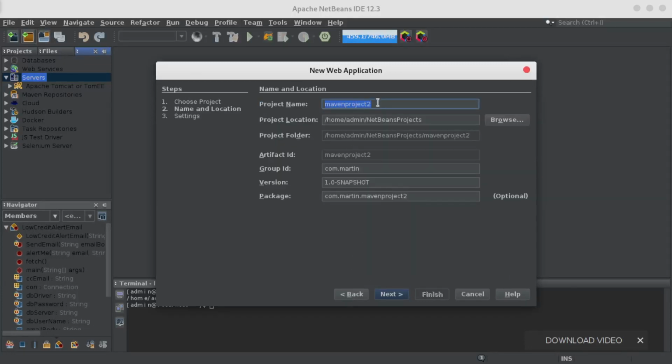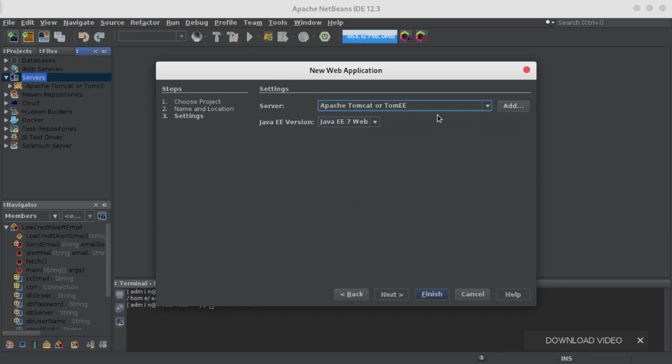Click next. Give your project a name. I'm going to call it Run Java Web. Click on next. This is the place where you select your server. For instance, if you have installed several servers, you can select yours here.